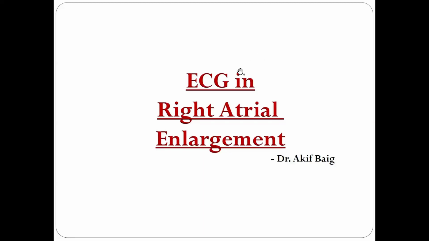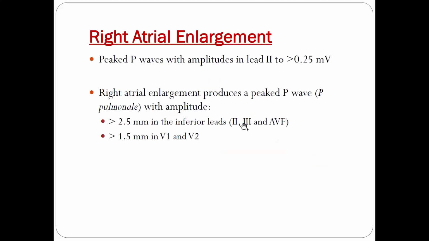Hello everyone. Today we'll be talking about ECG changes in right atrial enlargement. Right atrial enlargement is defined as the presence of peaked P waves with amplitudes in lead 2 of more than 0.25